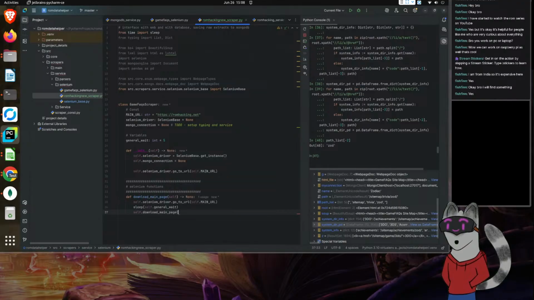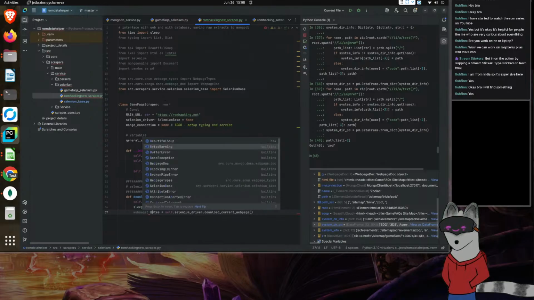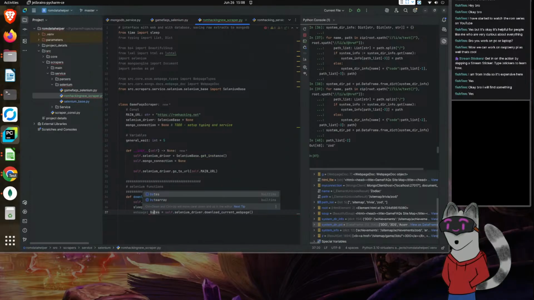Oh, we need to get into Selenium driver. So download current web page. This will be the web page, and this will be bytes. And then from that, we can create our document.